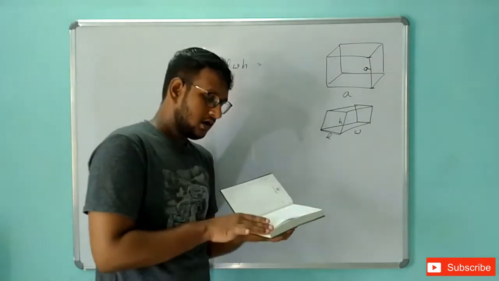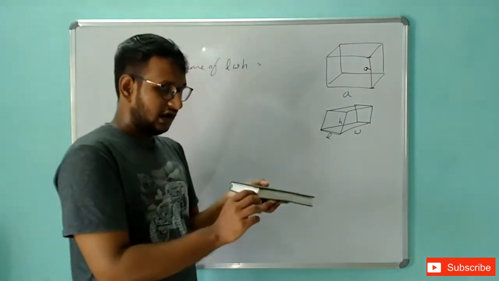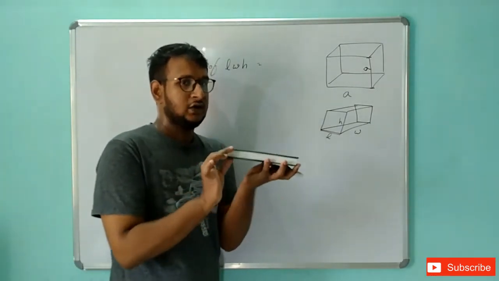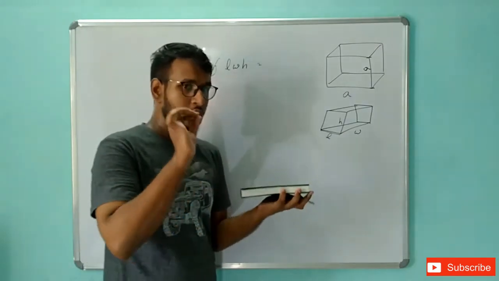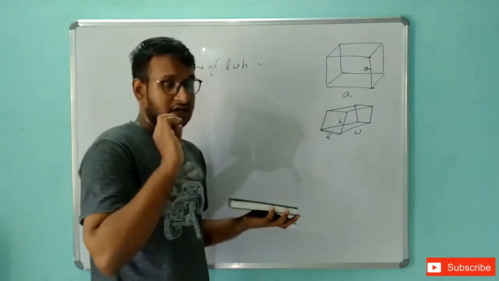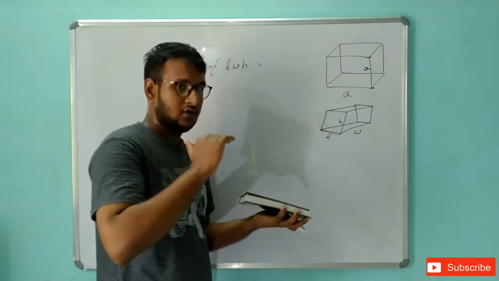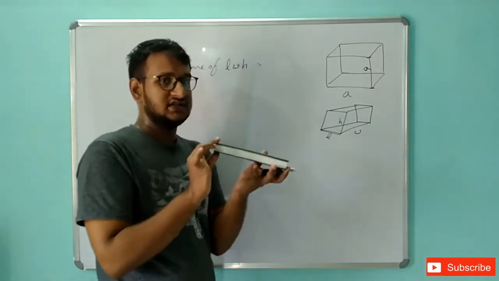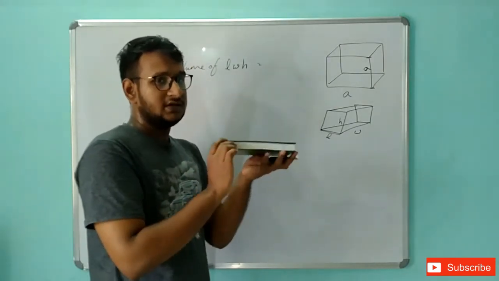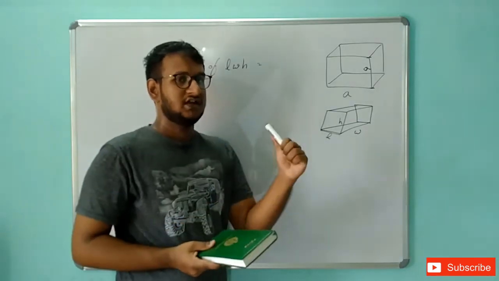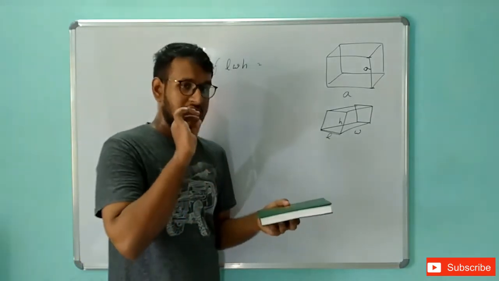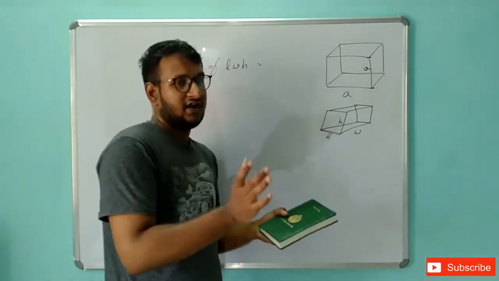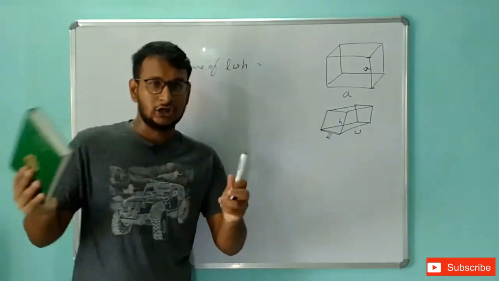If we keep adding a two-dimensional page up to a height of h, we will get a three-dimensional figure, which is nothing but a rectangular prism. We are adding two-dimensional rectangular pages one upon the other, and we get a rectangular prism. So if we want to find the volume of that prism, and we know the area of one single rectangular sheet, we can find the volume of the whole book, that is, the rectangular prism.